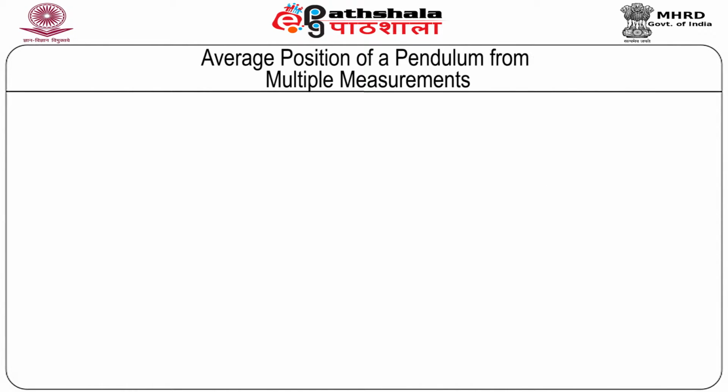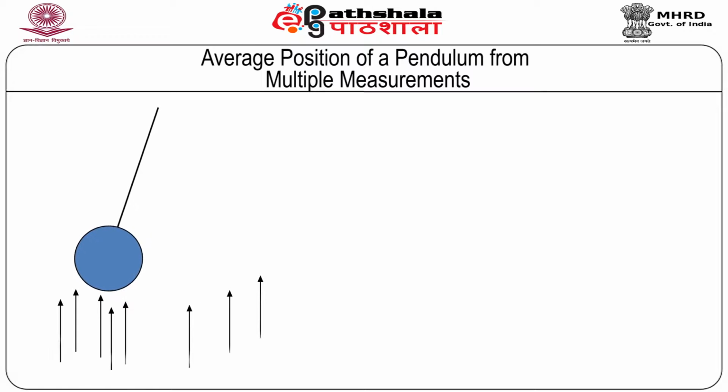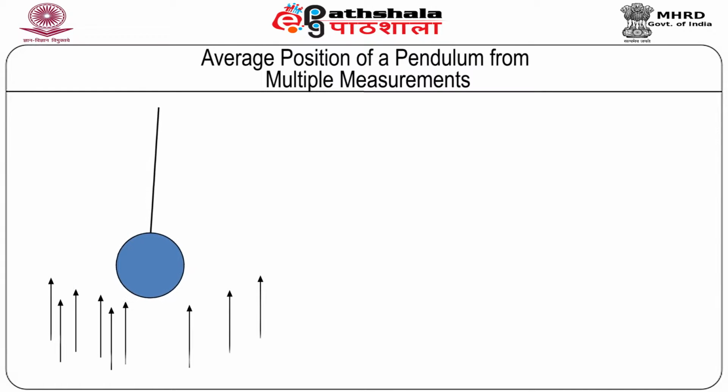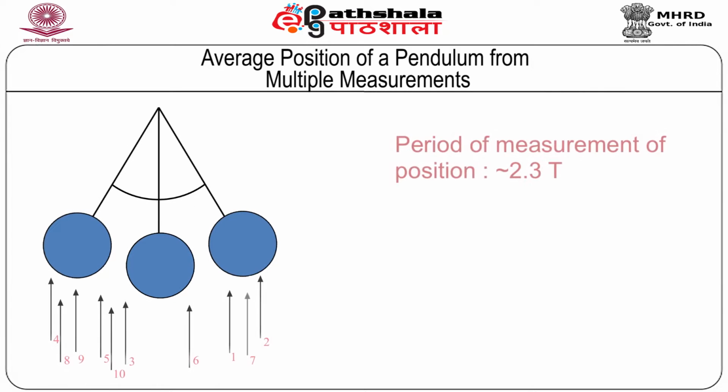Now, if I want to measure the average bond length, for example, which is equivalent to measuring the average position of a simple pendulum, we can measure the average position of a simple pendulum by some measurement, such as clicking several pictures of the simple pendulum after a time period. Say, for example, the camera can take a picture every 2.3 seconds. So if we take 100 pictures by a camera,